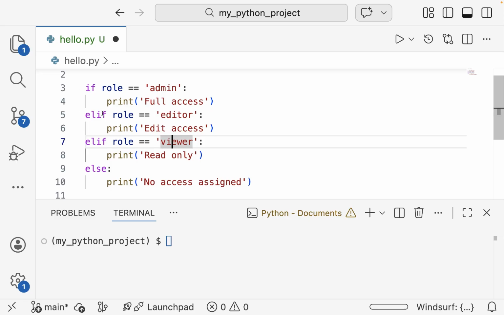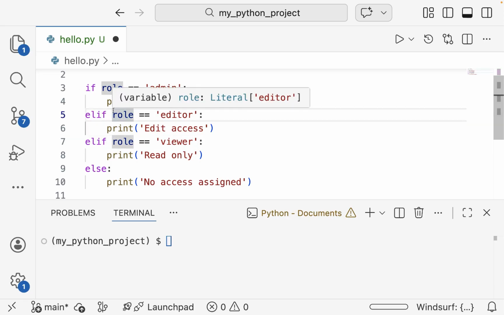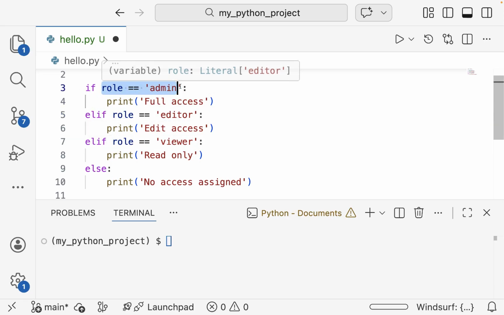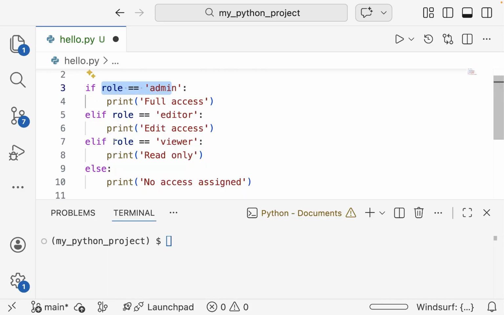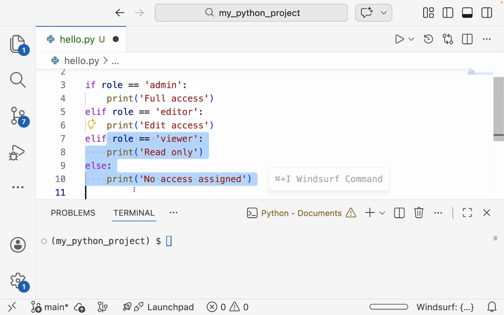The one important thing to remember is Python checks the conditions in order. It checks this condition and then this condition. It won't jump from here to here. So it goes sequentially: first the if, and then the first elif, and then the next elif, and so on. As soon as one condition is true, Python will run that block and it will skip the rest of the code